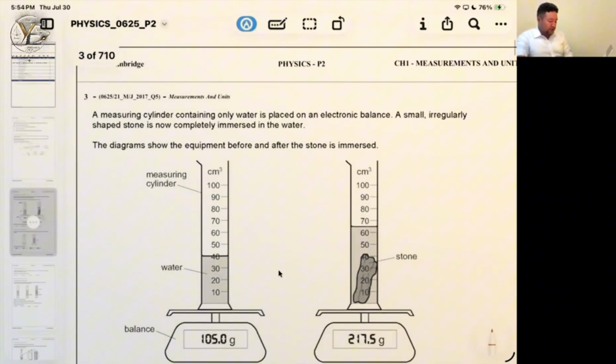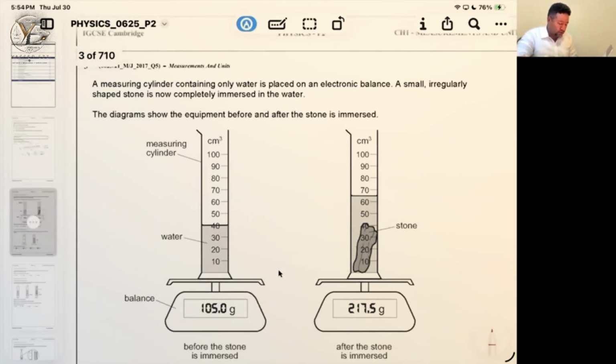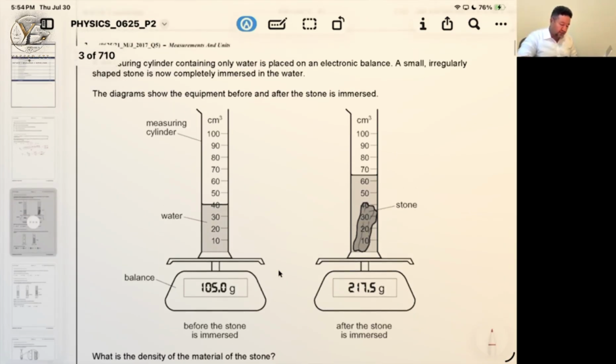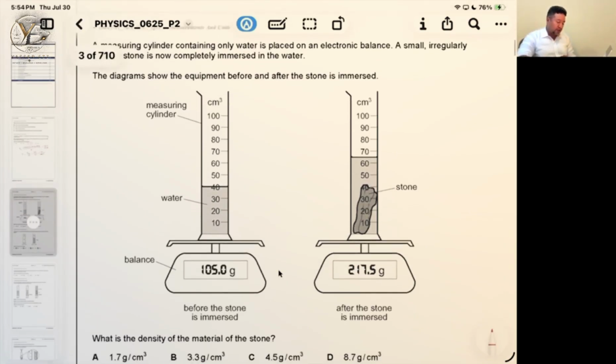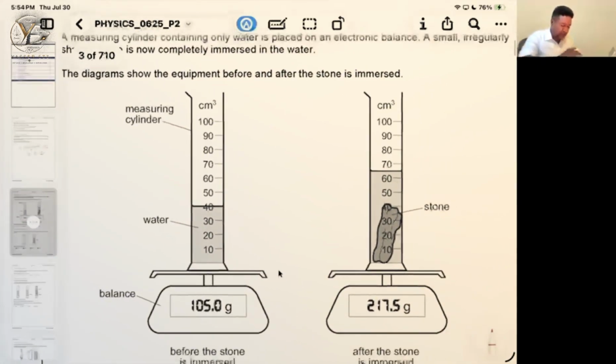Let's move to another question. A measuring cylinder containing only water is placed on an electric balance. A small, irregularly shaped stone is now completely immersed in the water. The diagram shows the equipment before and after the stone is immersed. If you look here, we have a measuring cylinder, so it can be used for measuring the volume. Here is the reading of the volume before, and here is the reading after immersing the stone completely. So the reading V1 here